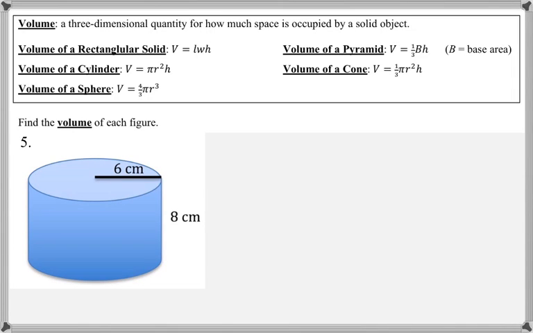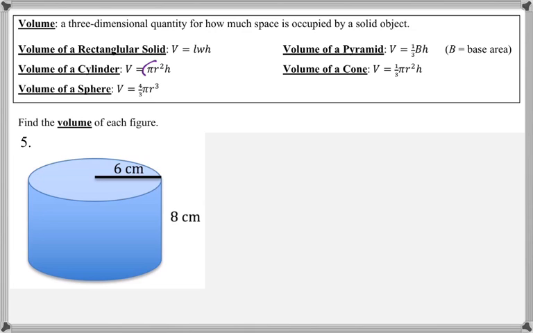Question number 5 wants us to find the volume of the cylinder. So our formula for the volume of a cylinder is pi r squared times h. And I always think about a stack of pancakes when I look at this formula, which is kind of funny,